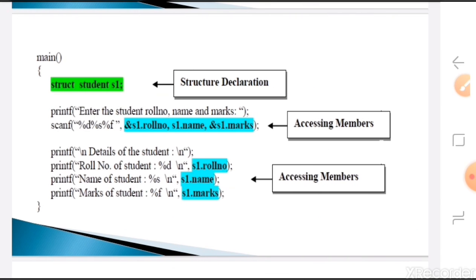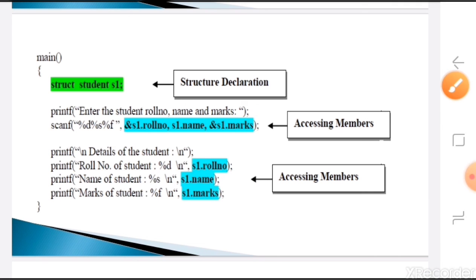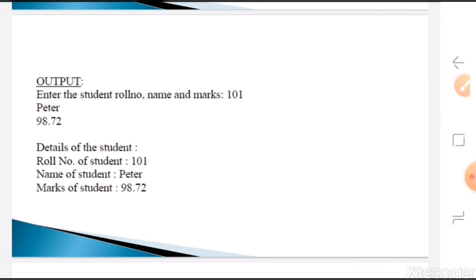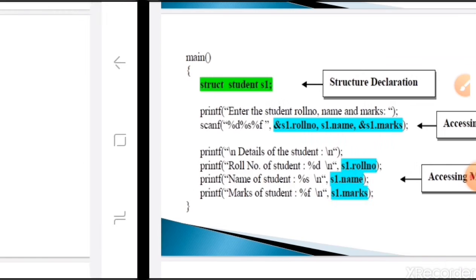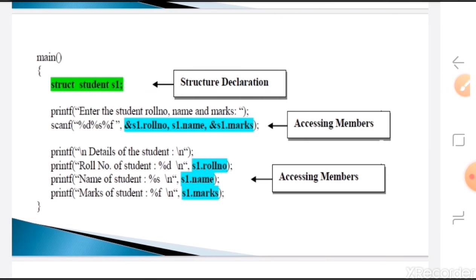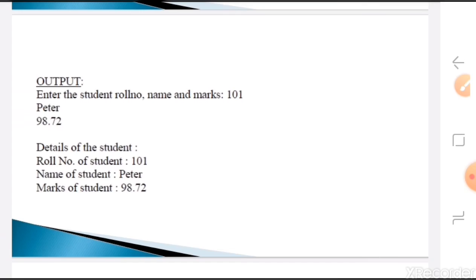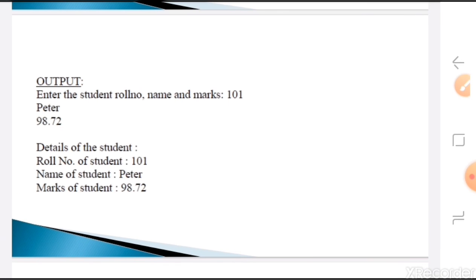The next printf statement will display details of student, followed by the roll number of student, whatever is there in the s1 variable of the structure. s1 dot roll number contains whatever roll number we received here, that is 101, and it will display it. Then s1 dot name will display Peter. Then s1 dot marks will display 98.72.